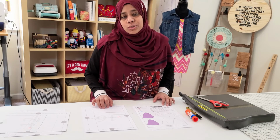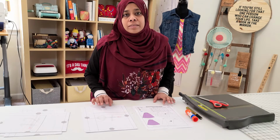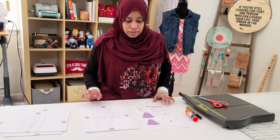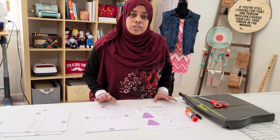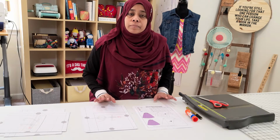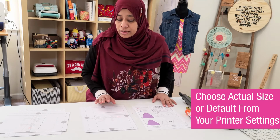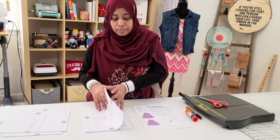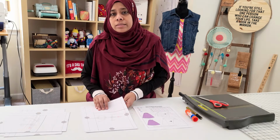In this video, I'm going to show you how to print and assemble your paper pattern file when you buy something digitally. Before we print, one thing you have to remember is always choose actual size, never fit to page. In that case, you will not get the correct size. And if you are still not sure, I'm going to demonstrate to you today with Goneedle's full length